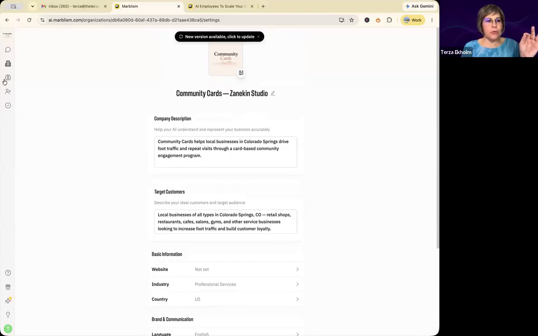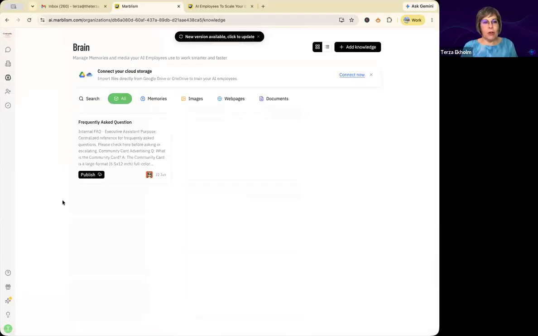But the thing that I want to show you real quick, there's something with Marblism, and it's per workspace. It's something called the brain. And the brain, if you recall, as we've been working with ChatGPT and Claude and all of the other LLMs, as long as you give it permission, it will build a relationship with you or a context about you, and they call that memory. Not too different from humans, actually, when you think about it. So memories are in here. You'll be able to see them once they get to know you a little bit better. That's not something you necessarily put anything in. It's something that builds over time.